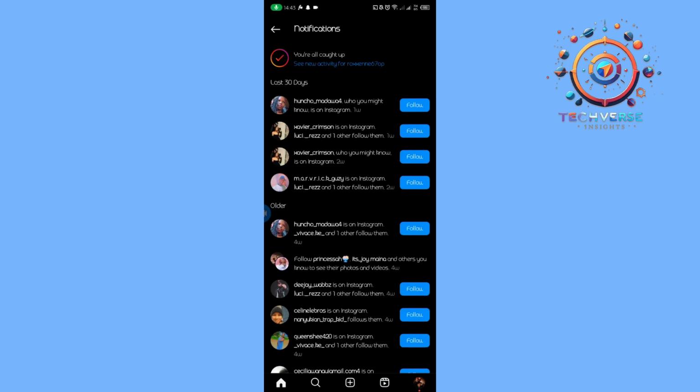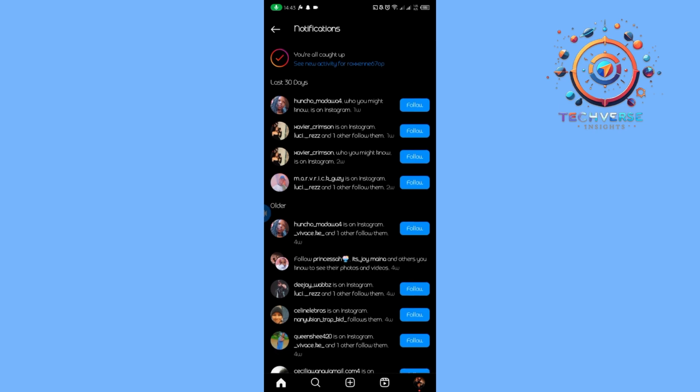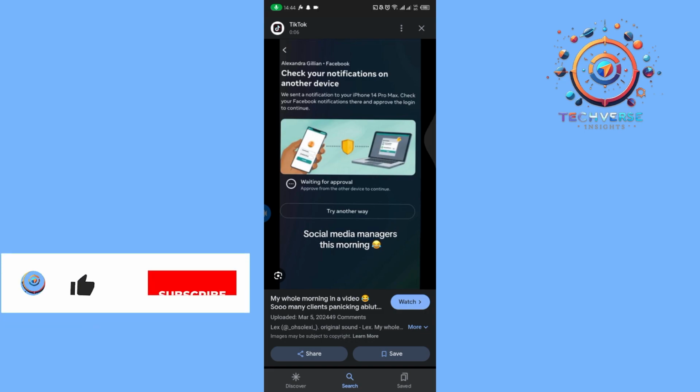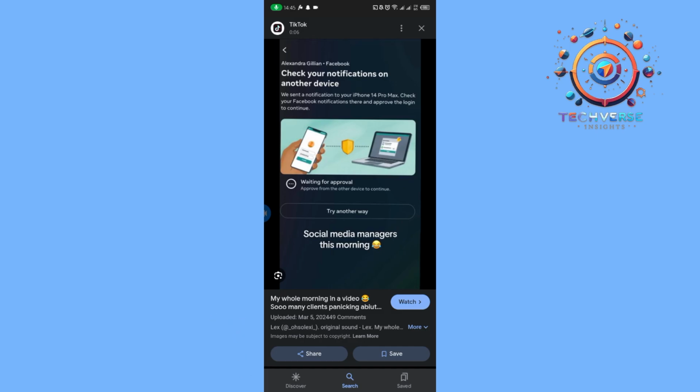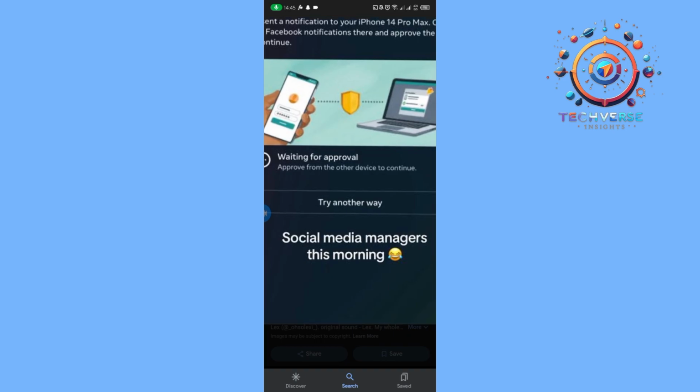And once you have logged in on another device for Instagram, they may give you a notification that will arrive here, informing you that they have sent a notification to the phone that you first logged in your Instagram application on. And it may tell you to either approve the login to continue on the current one that you're trying to log into your Instagram account in, or you may choose another option, which is try another way,